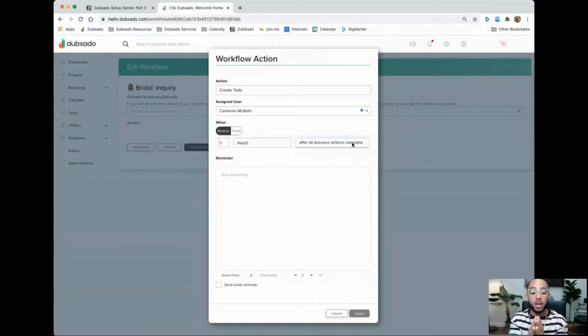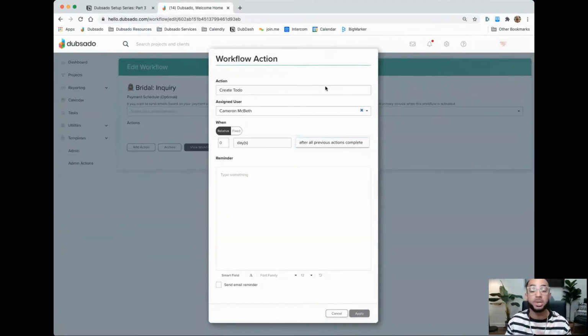So now I'm going to go here and I'm going to choose the one that best fits for what it is that I'm trying to do. Now, there is something, actually, I'll just go to that in the next action to kind of explain further. But in here, what I want to do is I want this task to get created once this workflow starts, okay? So in here, out of the list, the one that's going to fit the best is after the workflow